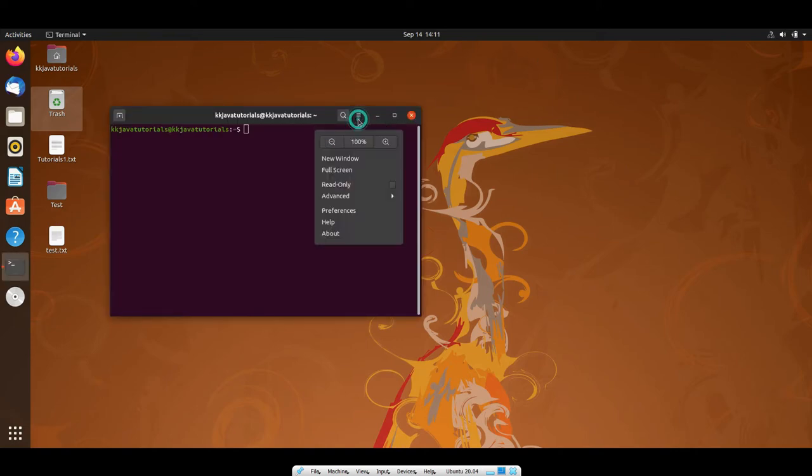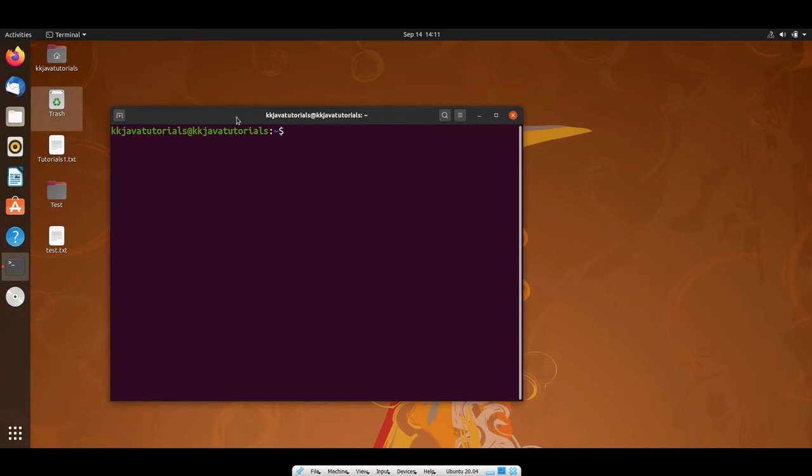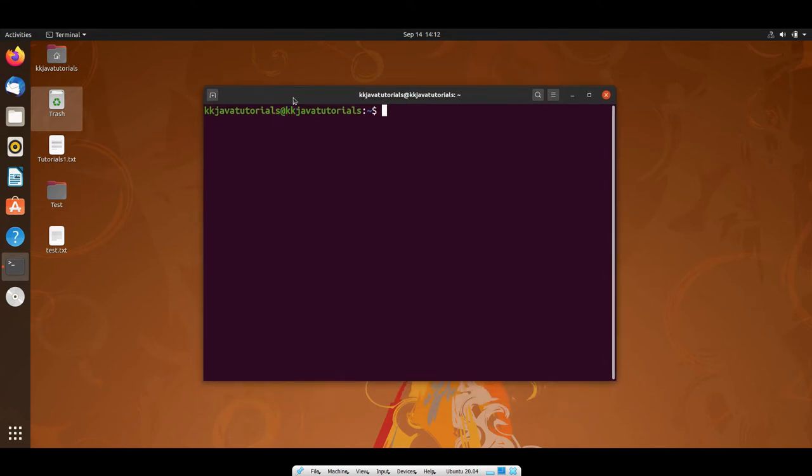Let me tell you one thing, guys, before starting ifconfig. If you look into older versions of Ubuntu, this package is already pre-installed. But as I'm using the latest Ubuntu operating system, Ubuntu 20.04, as of when I am making this video, this package is not pre-installed, so I need to install it before I try to use it.